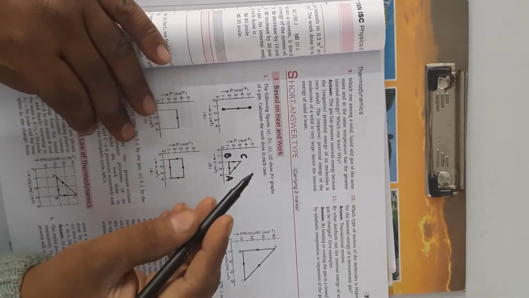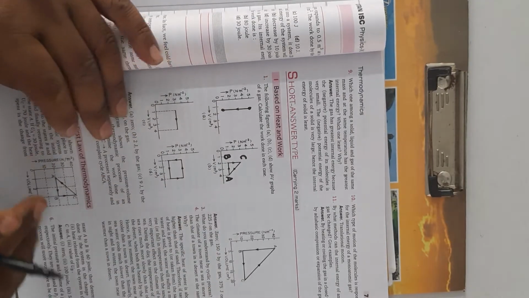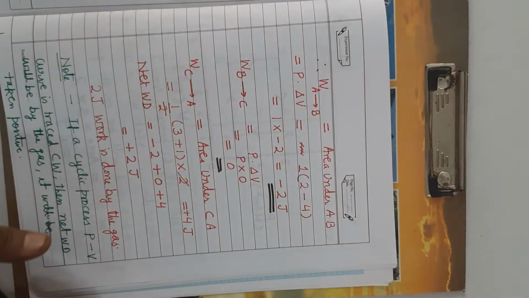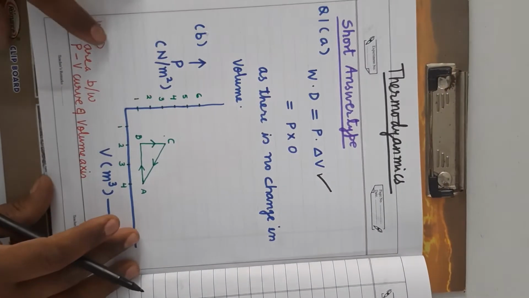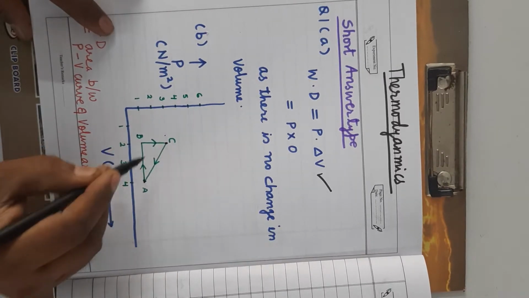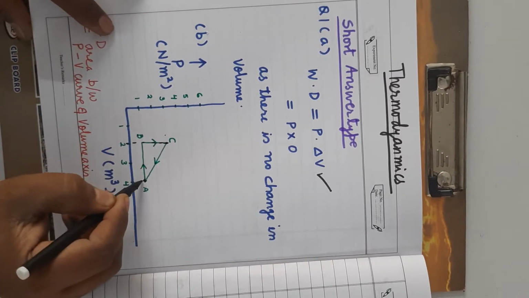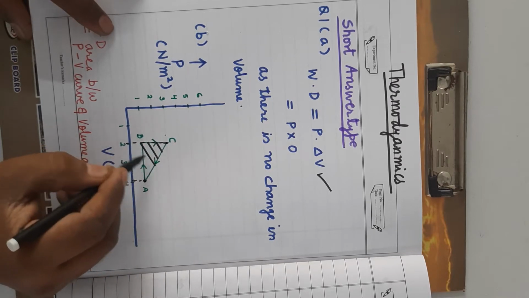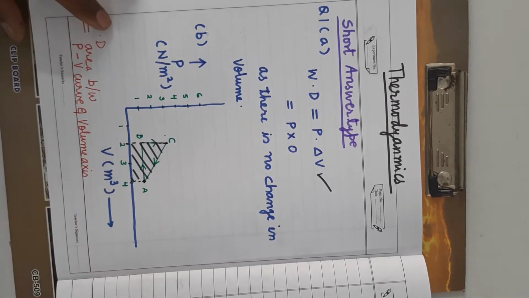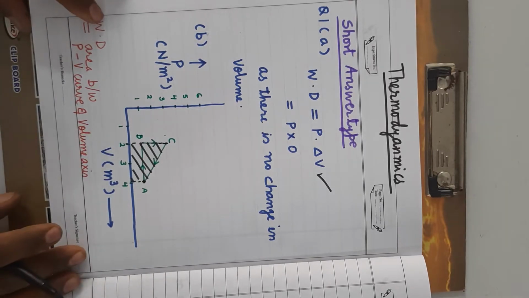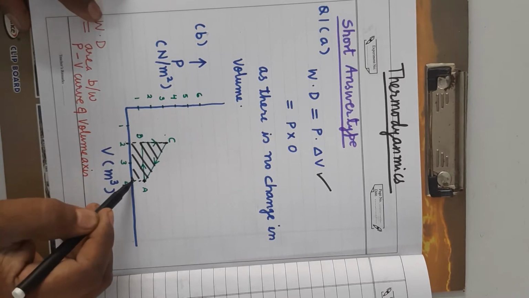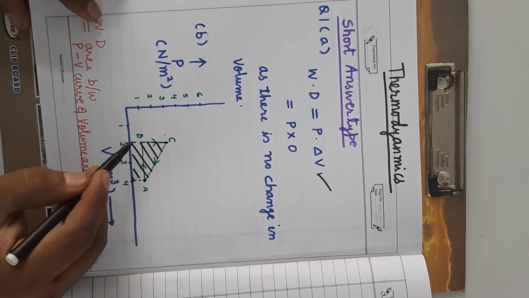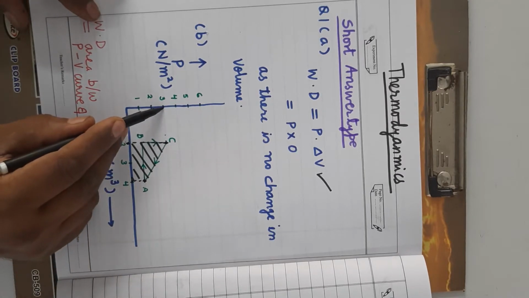Then the area under CA. What will be its shape? Its shape will be a trapezium, which I am explaining here. You can see how much area comes under CA. This area comes under CA. It is clear. So what will be this area? It is equal to 1 upon 2 times the sum of parallel sides. One side is this, another side is this. What is the length of this side? From here to here. This point corresponds to 3.